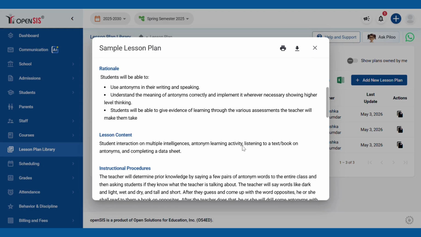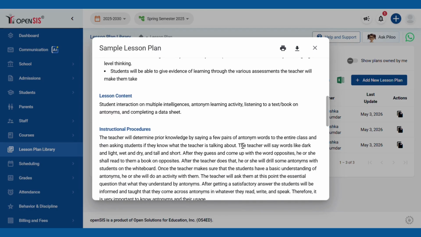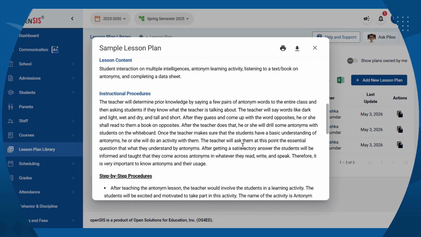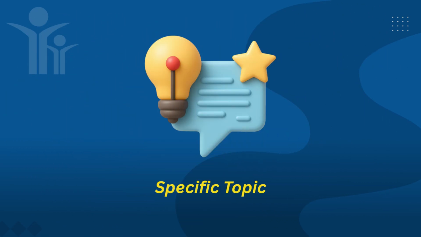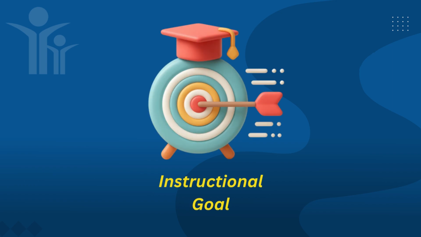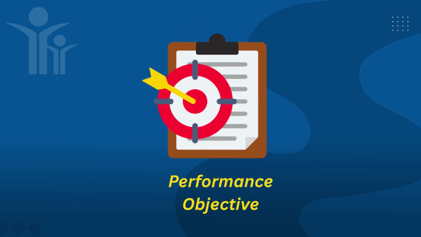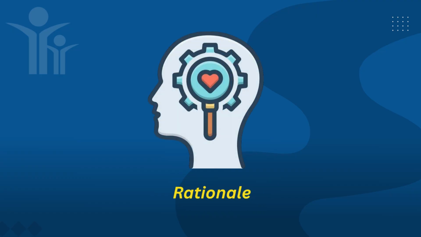This sample demonstrates the standard structure of a lesson plan and explains the purpose of each section. It includes specific topic, which defines the lesson being taught; instructional goal, which describes what students are expected to learn; performance objective, which outlines measurable learning outcomes; rationale, which explains the importance of the lesson; lesson content, which summarizes the